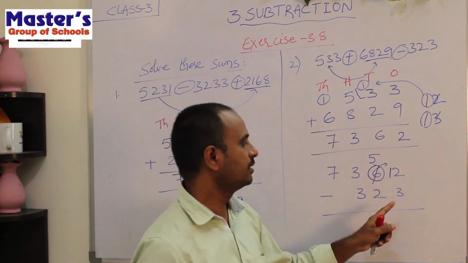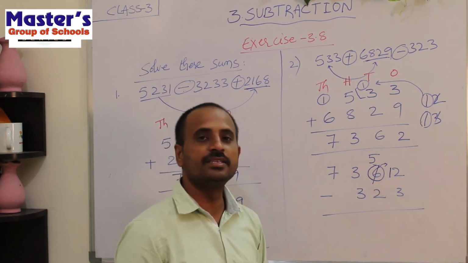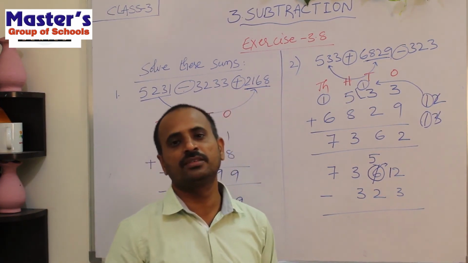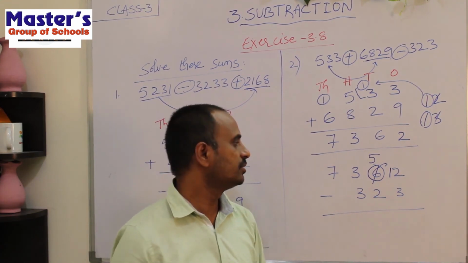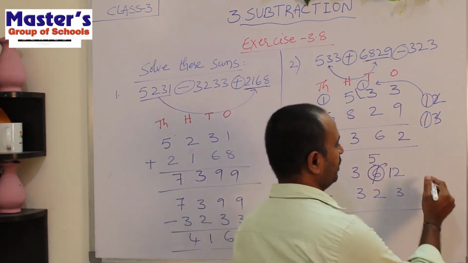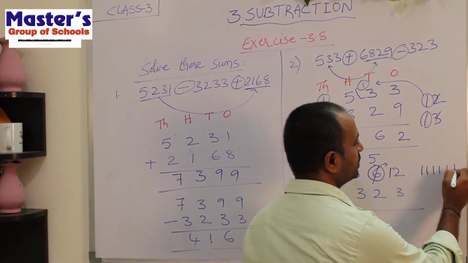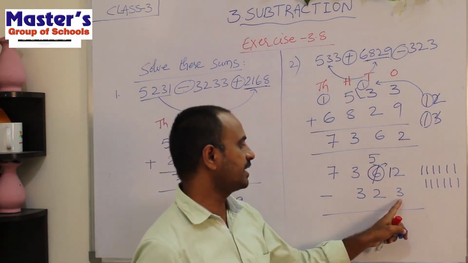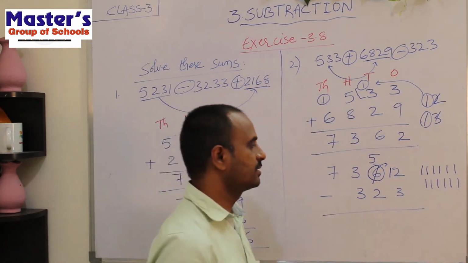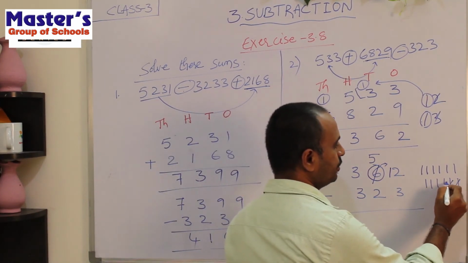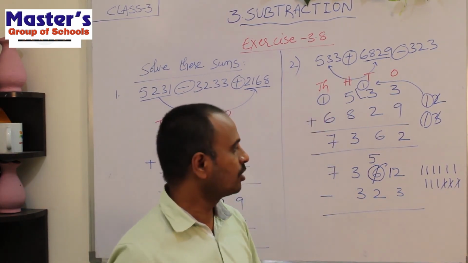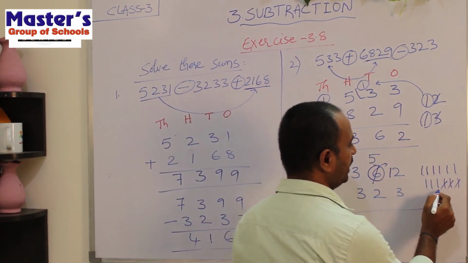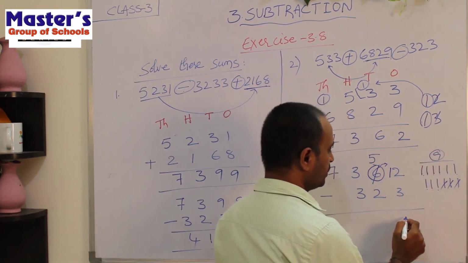So now do the subtraction. The first number is 12 and the second number is 3. Open 12 fingers of your hand, but we have only 10 fingers, so we cannot do this on our fingers. So just draw 12 lines in your rough work. 1, 2, 3, 4, 5, 6, 7, 8, 9, 10, 11, 12. These are the 12 lines. What is the second number? 3. So strike off 3 lines among these 12 lines. 1, 2, 3. I have struck off 3 lines. Count the remaining lines. 1, 2, 3, 4, 5, 6, 7, 8, 9. So children, there are 9 lines remaining. So write 9 here.